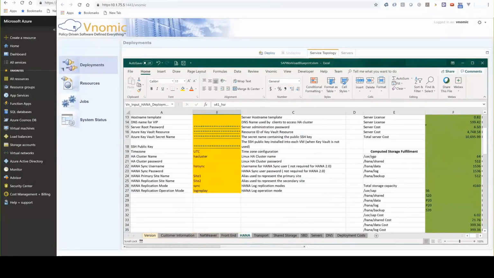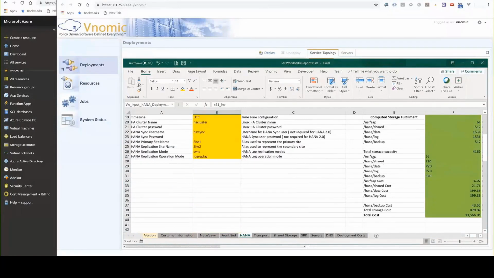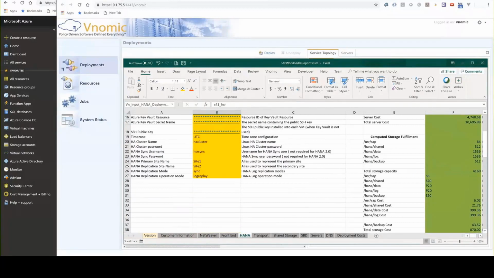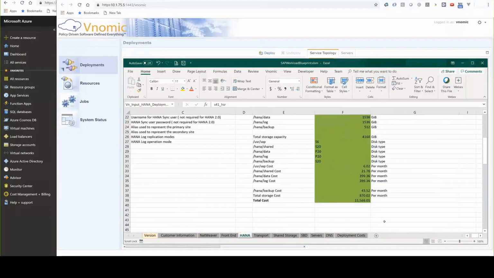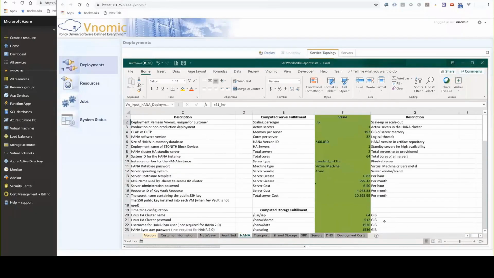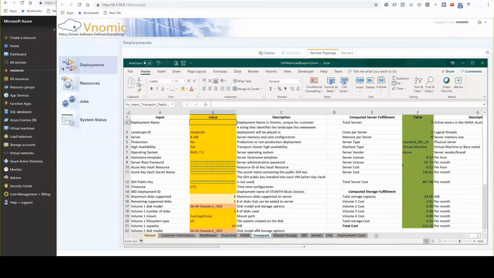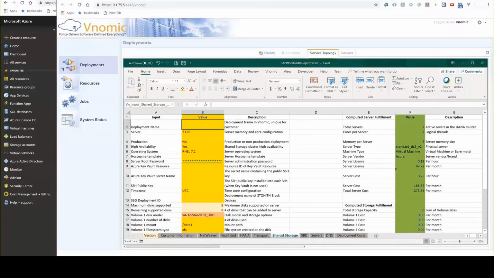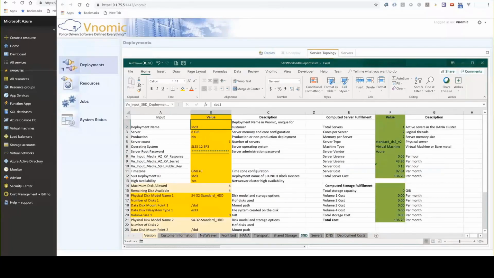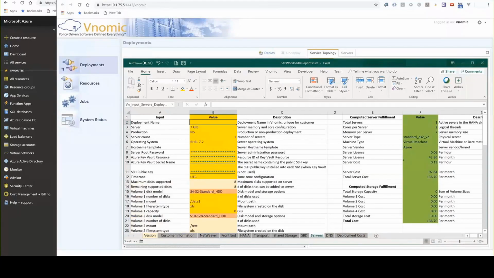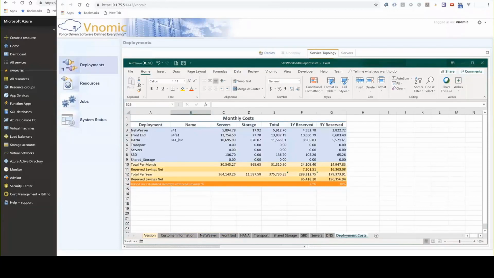As you see, the bill of materials is automatically calculated and displayed on the right as we go forward with our selections, along with the cost of each Azure component, all derived from the customer Azure subscription rate card, which includes all their discounts. Transport, shared storage, SBD, servers, and DNS are the other configuration options that can be set in the workbook. Once completed, Vnomic provides accurate Azure pricing for the proposed S/4HANA landscape, including the reserved instances for 1- and 3-year